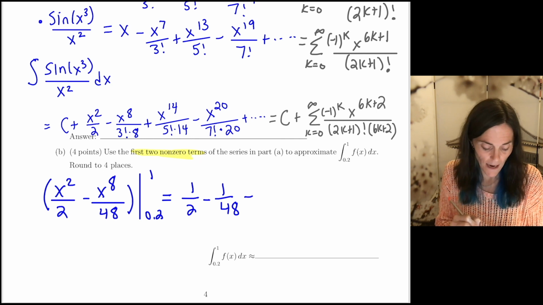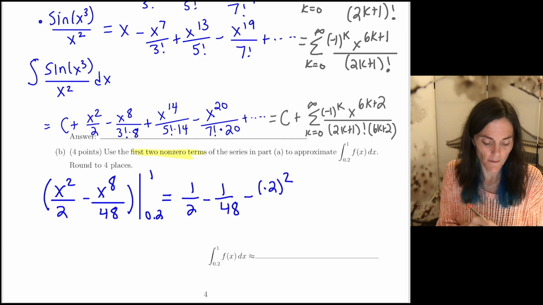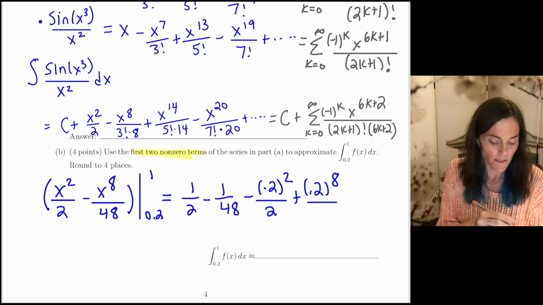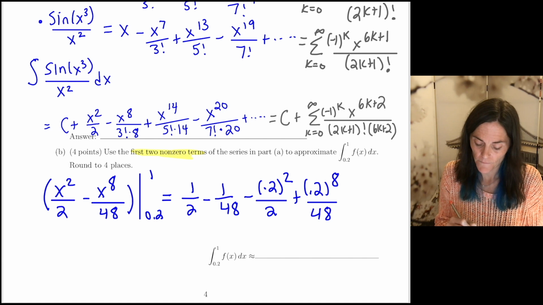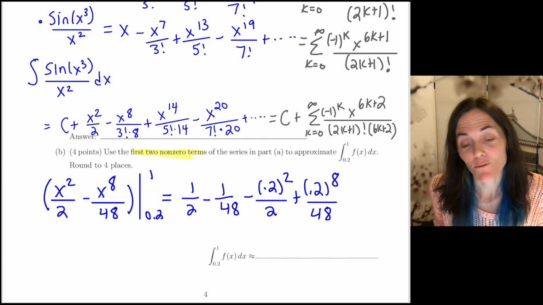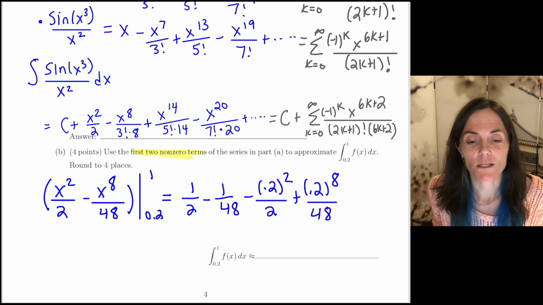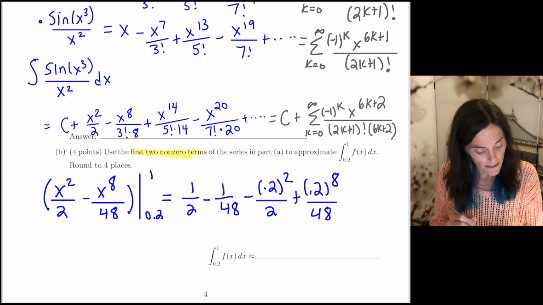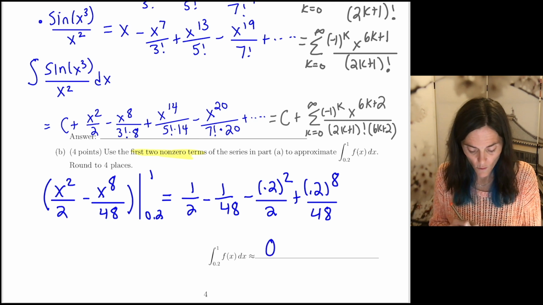And then we will have minus 0.2 squared over 2. And then we have plus 0.2 to the 8 over 48. This is just evaluating my antiderivative at the upper and lower limits of integration, 0.2 and 1. And then we round to 4 decimal places, which becomes